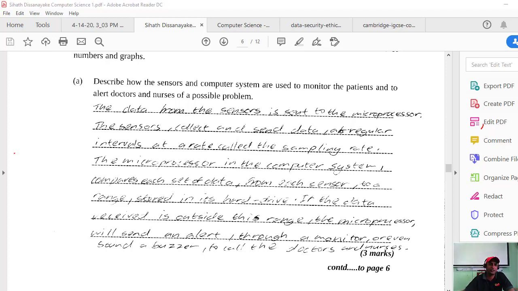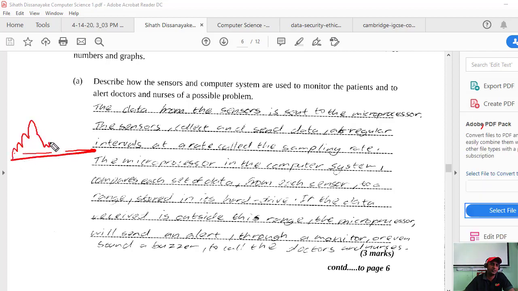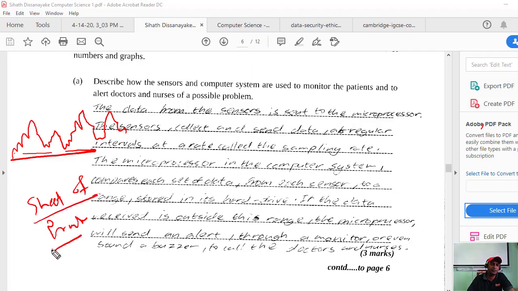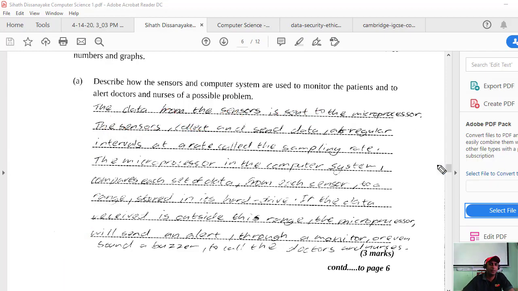There should be a result. Sometimes the result comes like a sheet of paper. The MR scan has a small printer, and from that it comes out. Then when the doctor sees it, the doctor can see the fluctuation, the variation, where it varied. You can mention it like that.